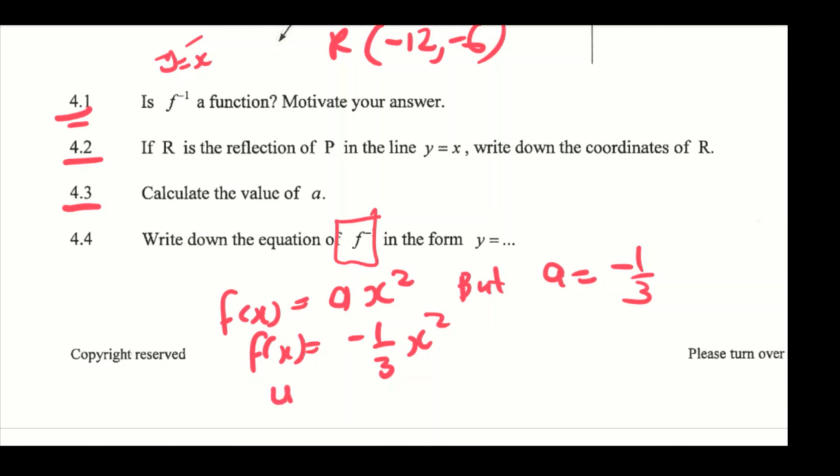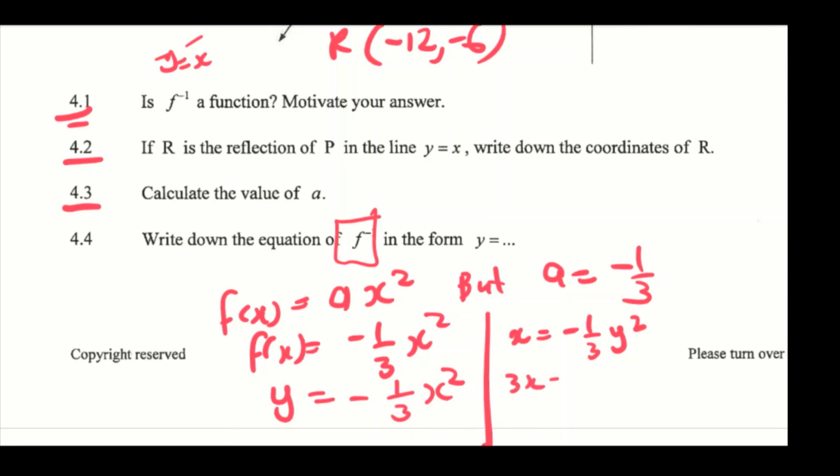To write down the inverse, this is y = -1/3 x squared, of which when you swap, this is x = -1/3 y squared, and then we're going to cross multiply, so it's going to be 3x = -y squared, divide by negative 1 on both sides, so it's y squared is equal to